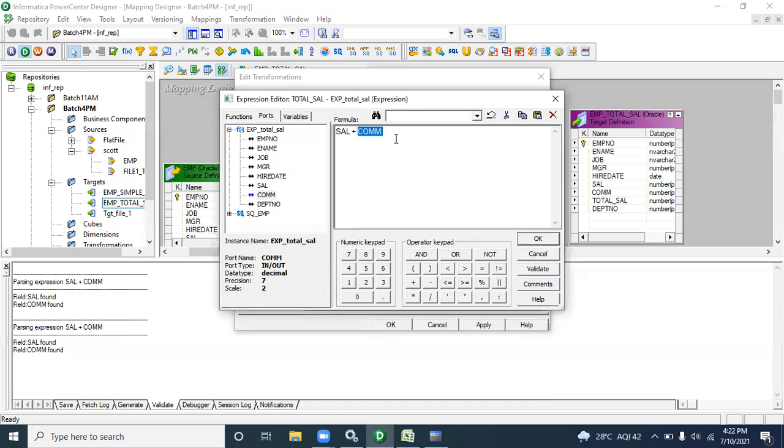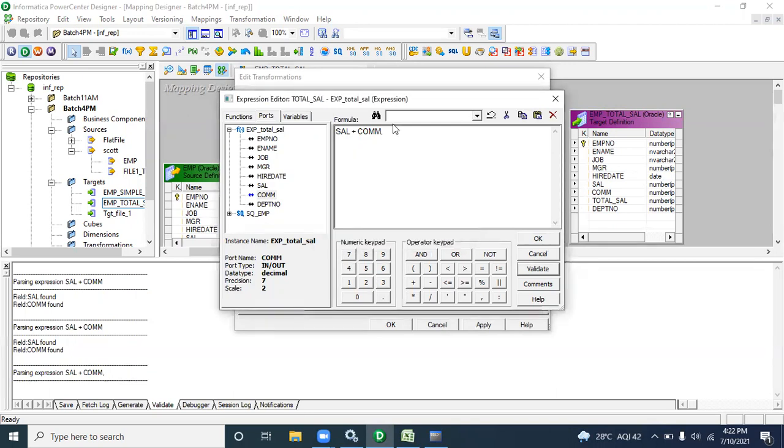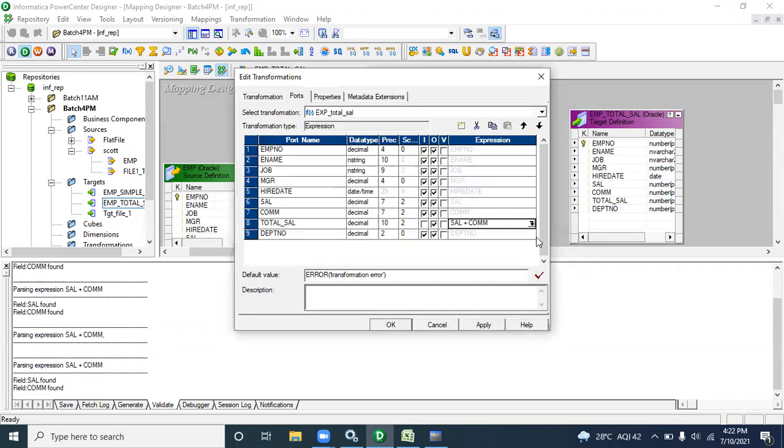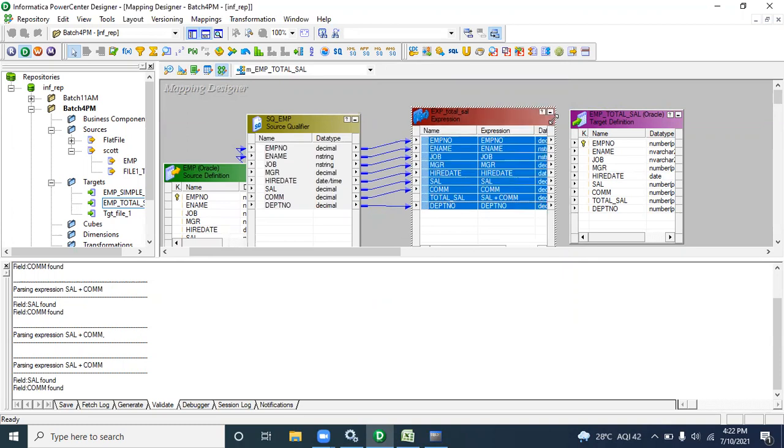Suppose I make some mistake, let me check, validate, it will give an error, a syntax error or any error. So validate it again and correct it, validate and apply, okay. In this manner you have to create it. Once the logic is built, you are able to see sal plus commission. It's very easy, no need to write code.